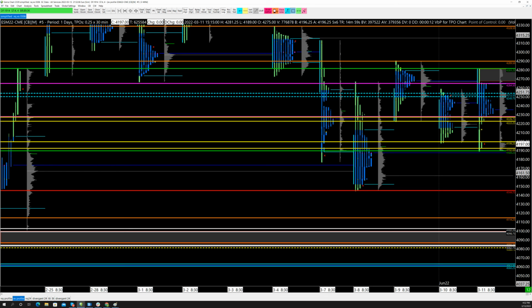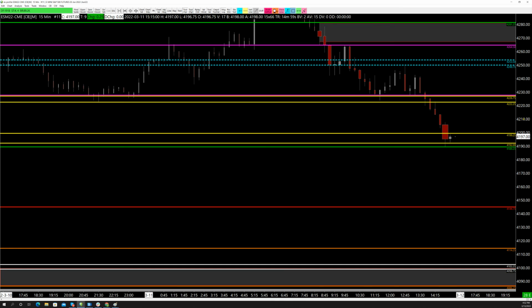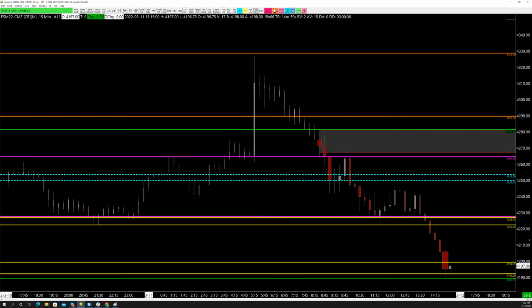Here it goes on the 15-minute chart for ES. We are on the M contract on both. So it looks like this. And in just a few minutes, we'll be opening up. And I'll post these levels right now